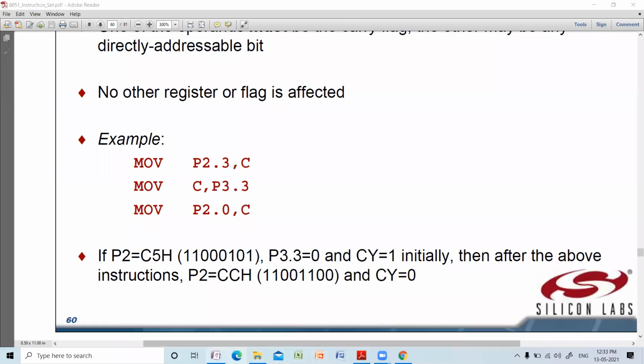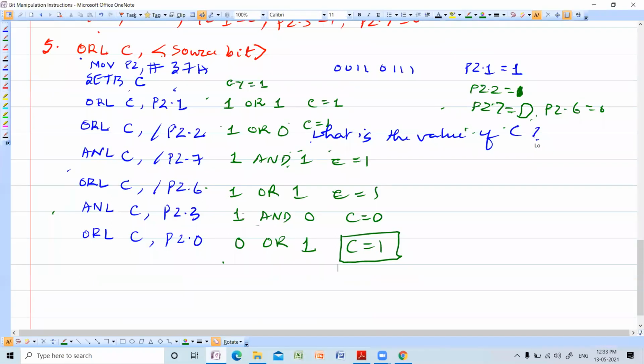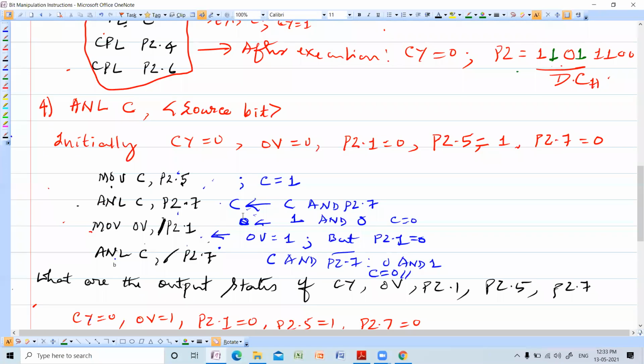Whether we have followed that here, otherwise this instruction will not work. See here. This instruction is wrong then. You cannot use this because what is the condition?